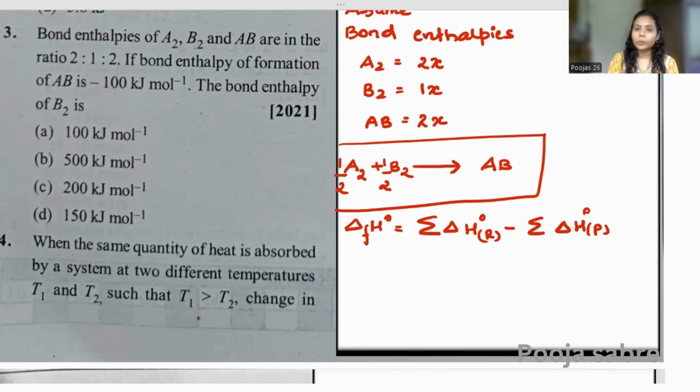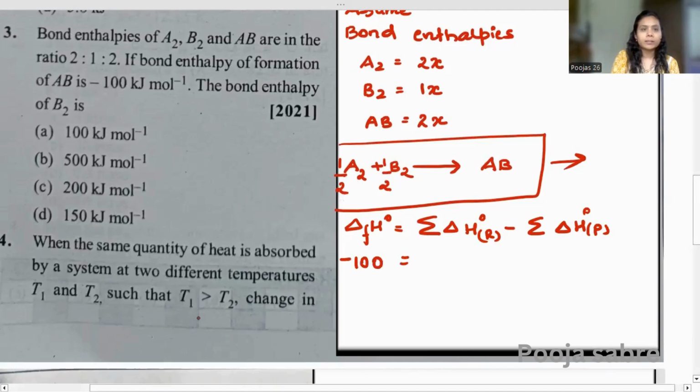Now, if I put the values, whatever we know that the already formation का दिया गया है. How much it is? Minus 100. Okay, this has been given to us. And then reactant में कौन है बच्चों? Reactant में अगर मैं देखने जाऊँ तो it is a half. A2 is how much? We have considered it as a 2x. Minus product में क्या है? Reactant में B2 also we have. So I'm going to add this half. And B is how much? B2 is X. So I'm going to put this as X.